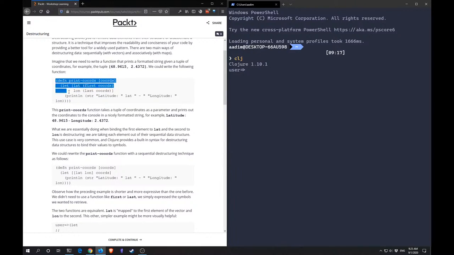This is the normal way of doing destructuring,